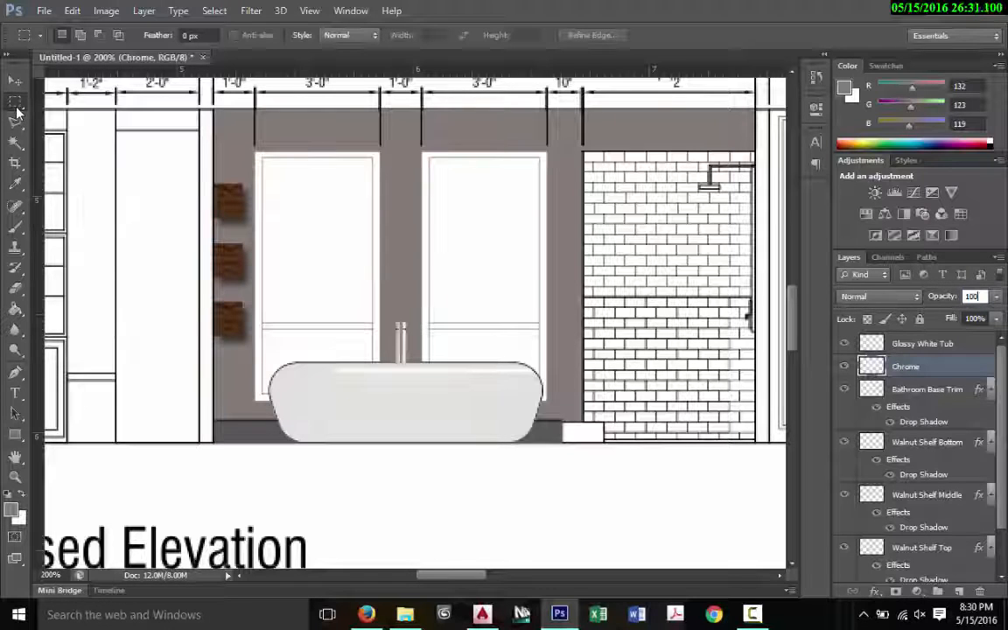So all I did was grab this selection rectangle here, and I just click and drag over the chrome material to make that little line, and then hit delete to delete it out of there, just to give it a nice little seam. Okay. Now with these windows,